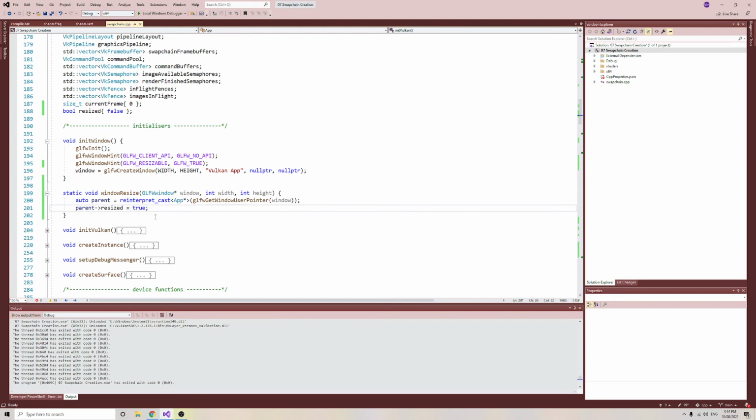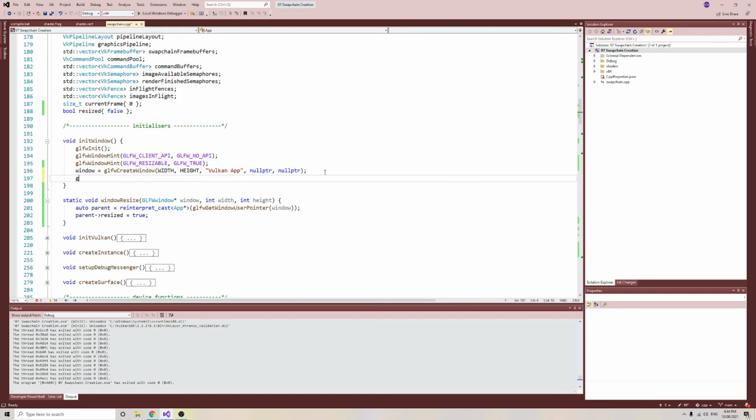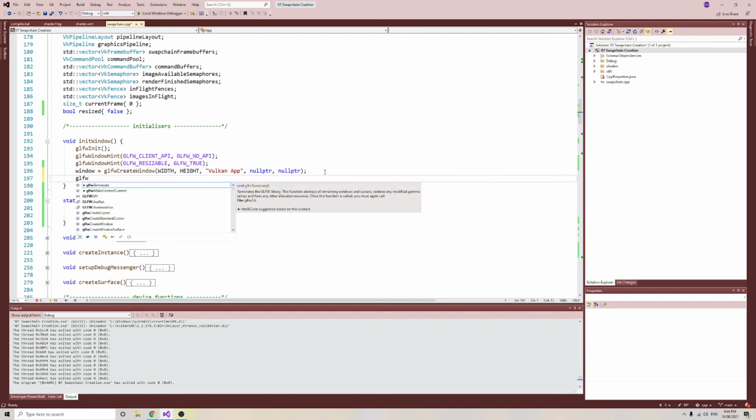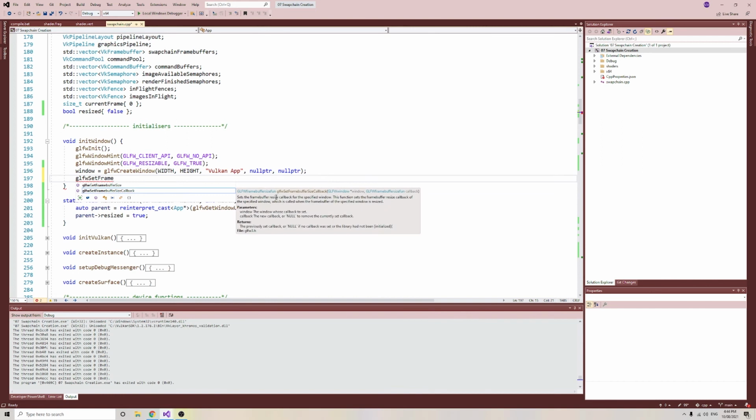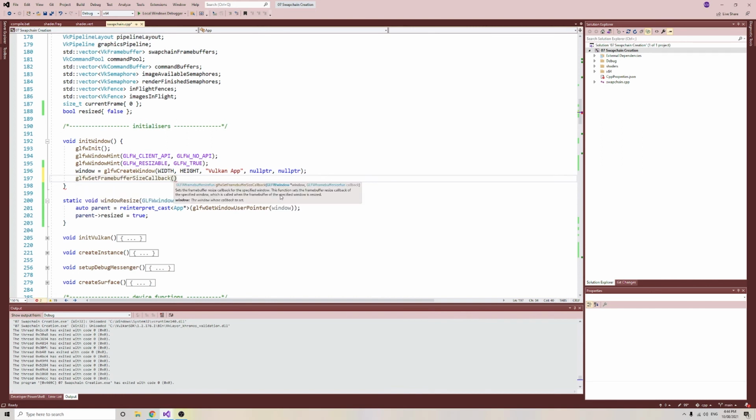Does that make sense? Okay, so there's maybe two things we need to do here to get this set up. First of all, we've created the window and we need to go okay, so